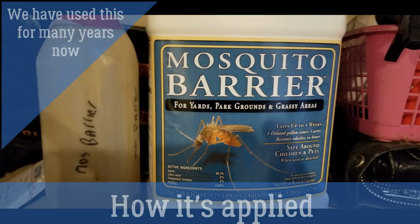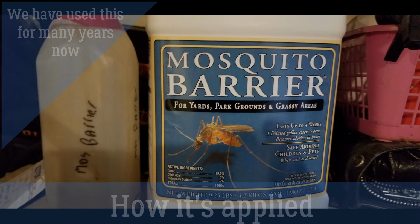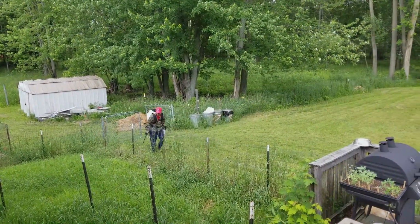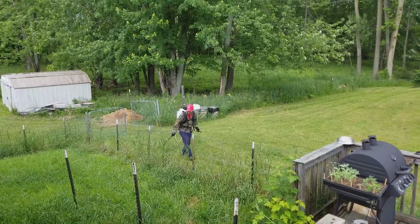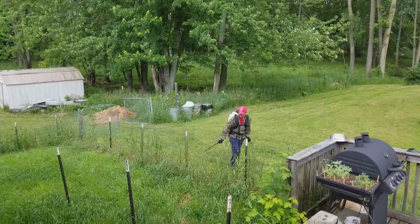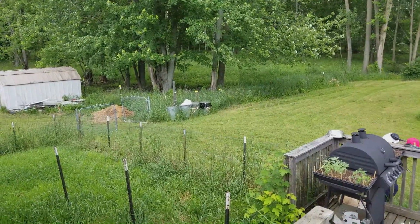Bye. So I normally mix the garlic spray to the heavy infestation level, because on the bottle it'll give you two different measurements that you can use. So I always use the high one. When I start spraying, one of the things you'll notice is I always wear long sleeves and gloves, because